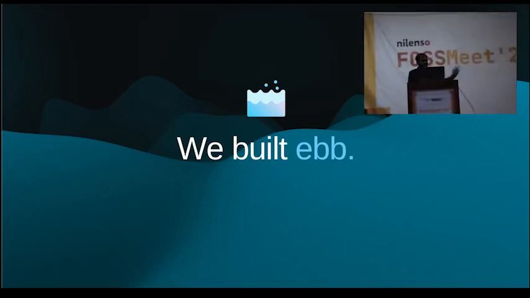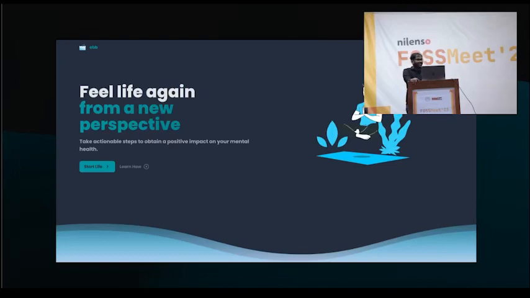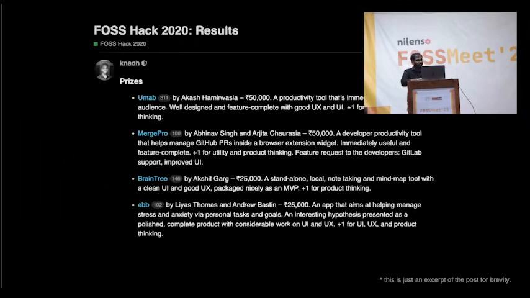Right, and this was on FOSSAC, which has a project page where it shows up. I don't think that is showing up on the screen perfectly, but we were working on it. And then the prizes came. Well, we didn't win the grand prize or anything. There was a little programming language someone actually wrote or maintained on that day, so it was crazy. But we got a runner-up prize. It was 25,000 rupees, which is actually pretty cool for us because in open source that's still a huge amount. And we got the prize for the considerable amount of work in UI, UX and our product thinking.